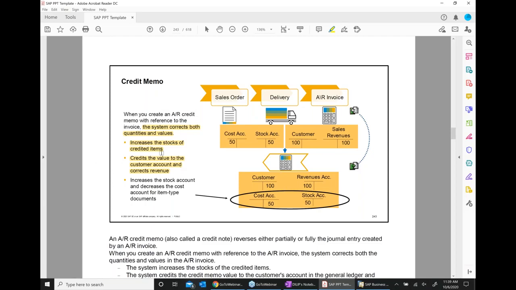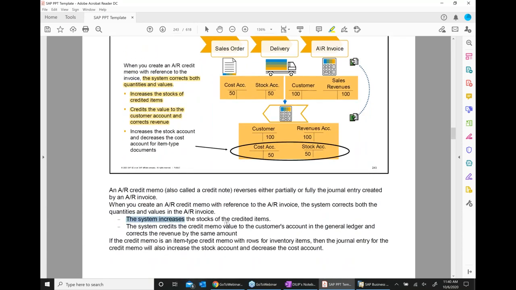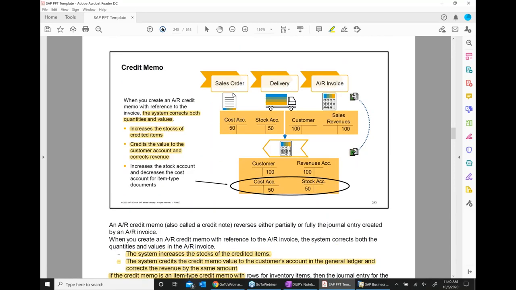That is what we see here: increase the stock, credit the value to customers. So it updates both the stock account and the customer. The credit memo has an impact on reversing the AR invoice and reversing the delivery. It reverses both. That is also given here, so if you want, at some point you can read that as well.